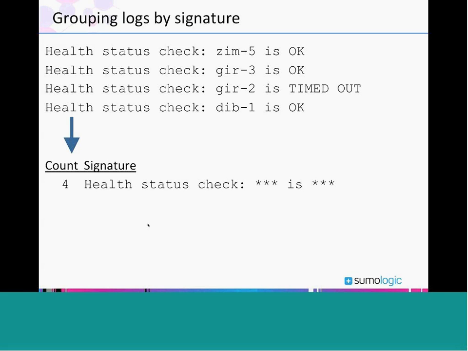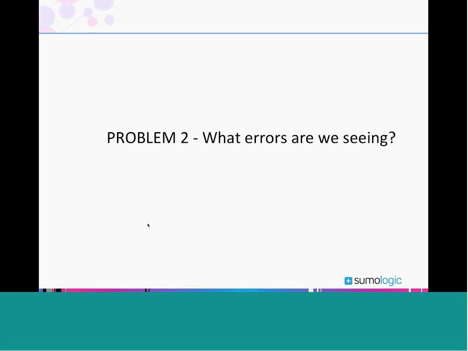So I hope this is often enough to get people very excited by the prospect of being able to understand their data through this alternate lens, through this sort of auto-extracted schema of sorts. So let's step through another specific use case for this technology. So problem number 2, what errors are we seeing in our system? This is a very common use case for Summarize and LogReduce.